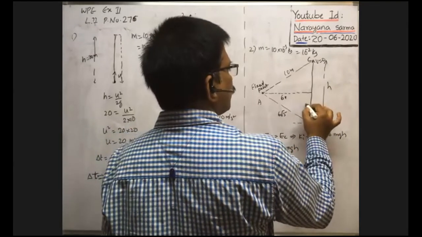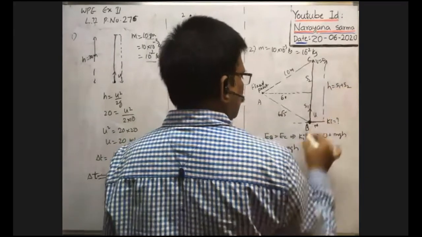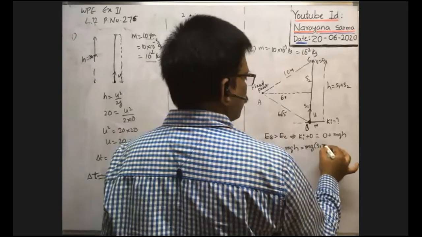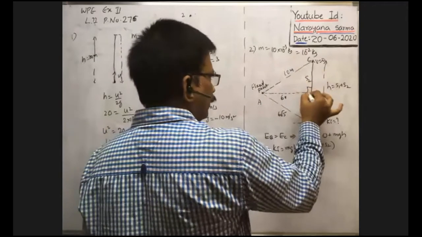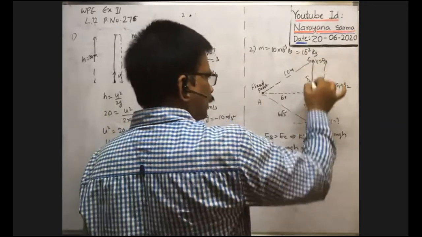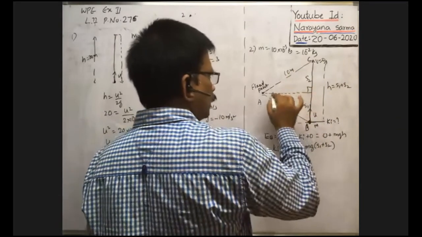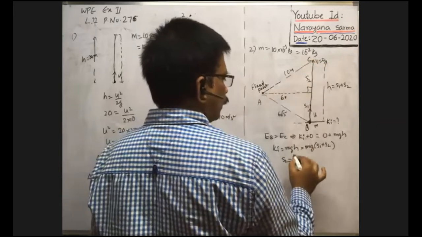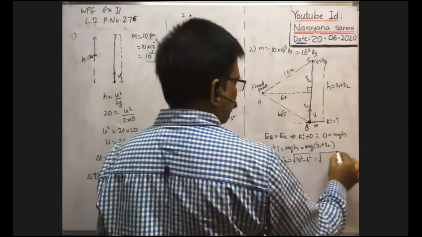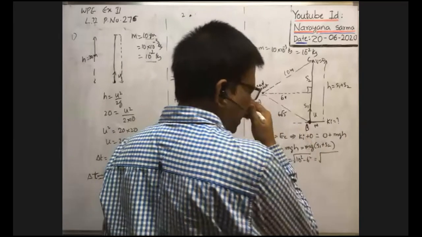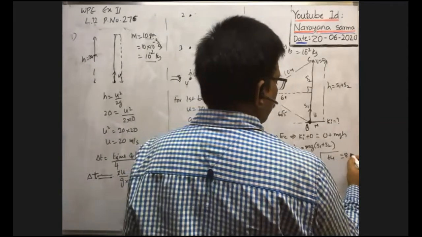Suppose this distance is s1 and this distance is s2. H is equal to s1 plus s2, no? So mg into (s1 plus s2). S1 and s2 can be obtained by geometry. Here in this right angle triangle, this is the minimum distance and this hypotenuse is known. What is this value? Square root of this square minus this square. Therefore s2 is equal to square root of 10 square minus 6 square, already we know by Pythagoras principle. 100 minus 36 means 64, that is equal to 8 meter. So s2 is equal to 8 meter.